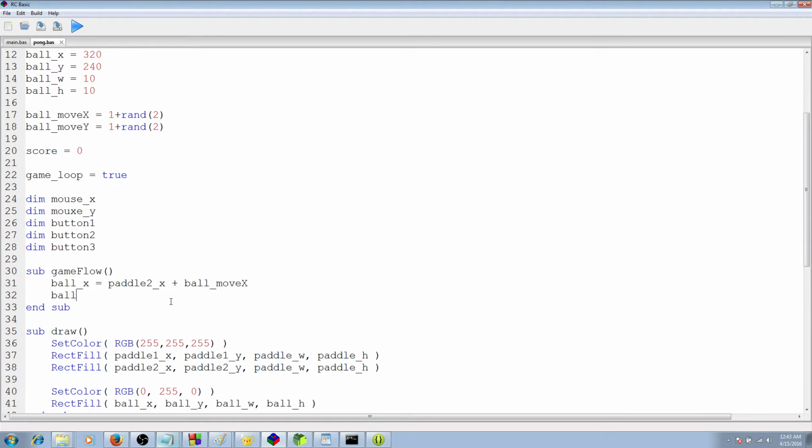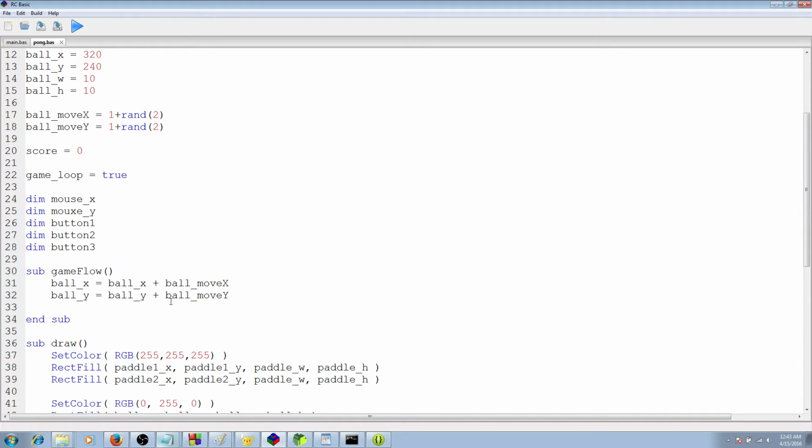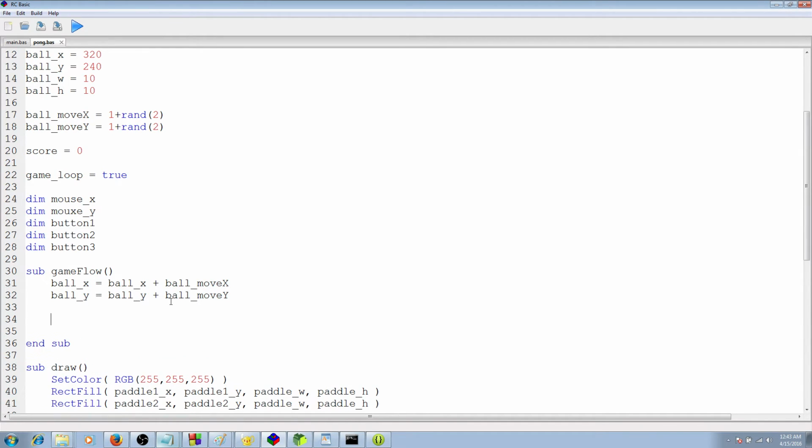So we'll say ball y equals ball y plus ball move y, and for paddle 2, since we wanted to kind of try to catch where the ball is, we'll say: